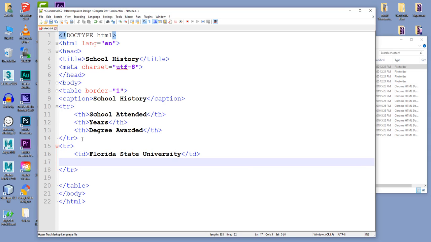Table data, because this isn't a header. TD from 2000, and we'll do our dash to